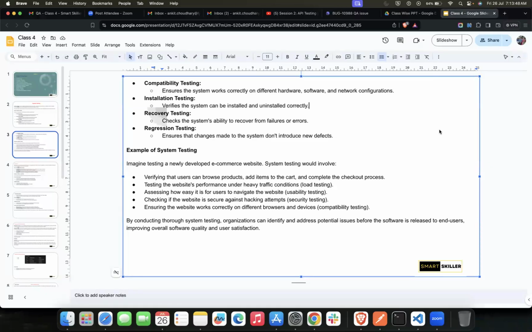Okay, for now, let me give you the example. Thanks for your efforts. Recovery testing, as you correctly pointed out, is recovery from the failure itself. Now, if we want to give an example of recovery testing, what exactly is the definition? First, we need to analyze that definition. Check the system's ability to recover from failures or errors. Whenever a system fails, it is the ability that the system has to recover from it. This is what the definition says.